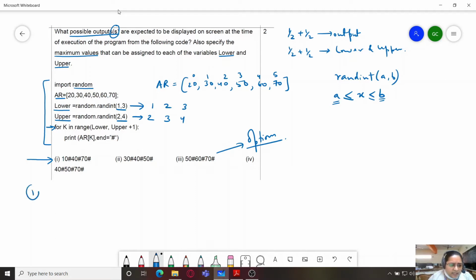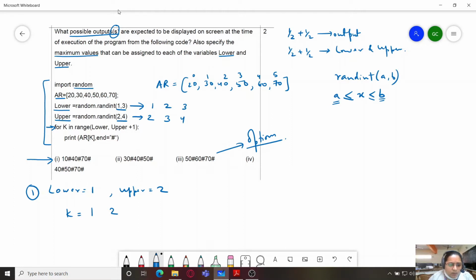So we will first take the combination lower as 1 and upper as 2. So for k in range, we start from lower and go to upper plus 1, that is 3. So it should be 1 comma 2. Print AR[k]. So k is the index within the list, and AR is already the list.